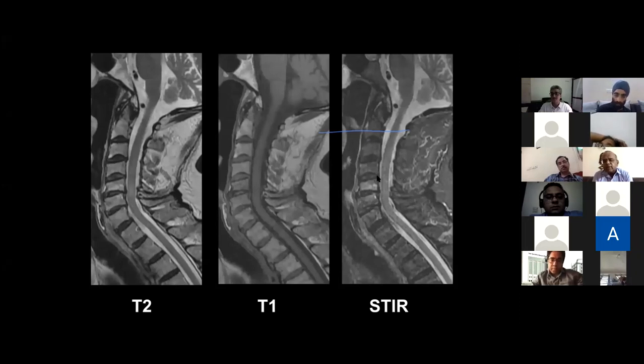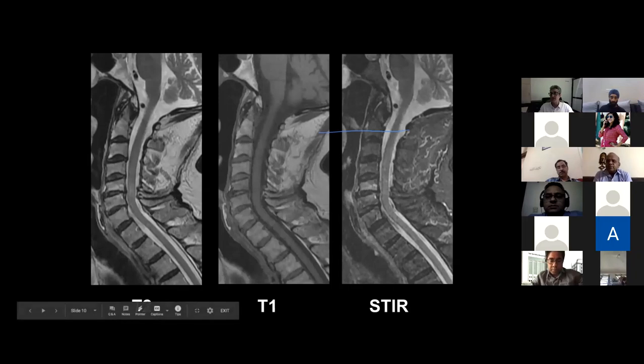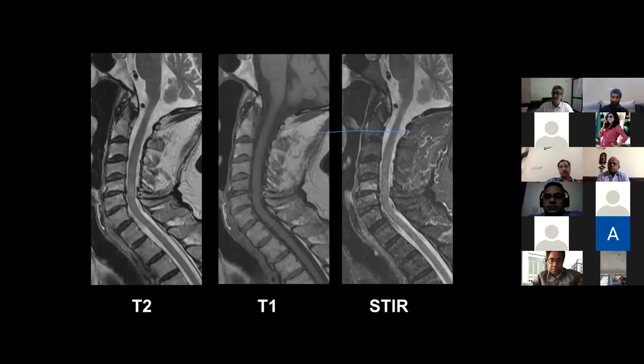Equally white? You mean T1 and T2 are equally white, the fat? On T1, it is slightly more white, a very marginal difference. The contrast is slightly different, but usually on T1 fat is slightly brighter than T2, though it is bright on both. That is why the STIR sequence has come up: it has the character of T2, but with fat suppression. That's why this becomes a unique and very important sequence. STIR or fat-sat T2, they have the same function.